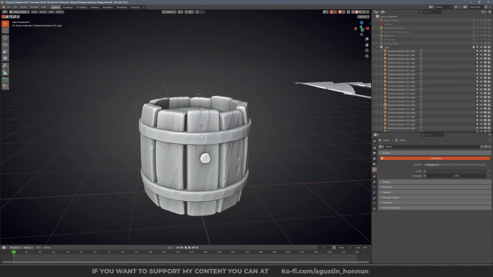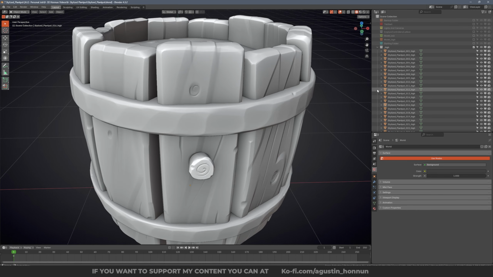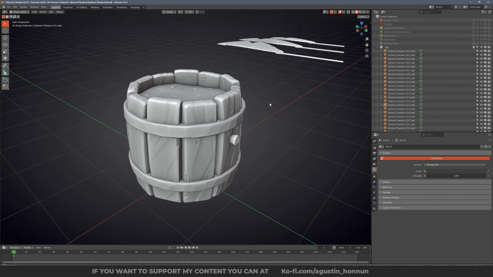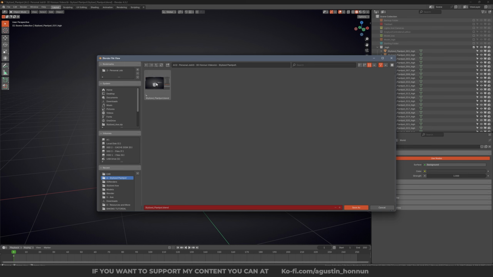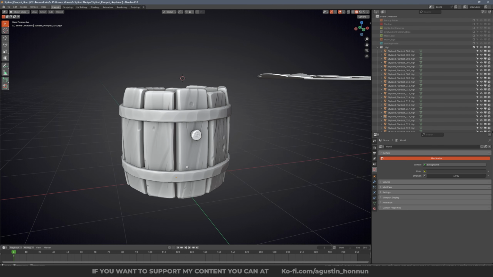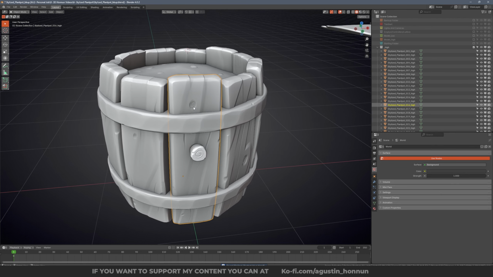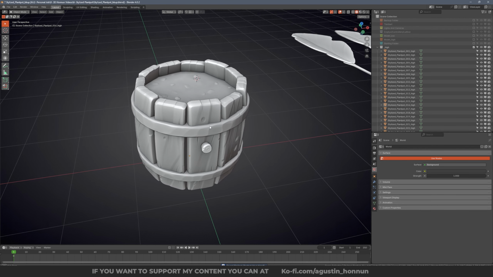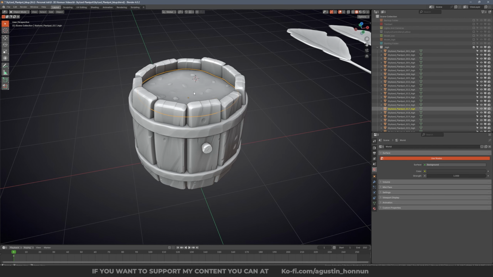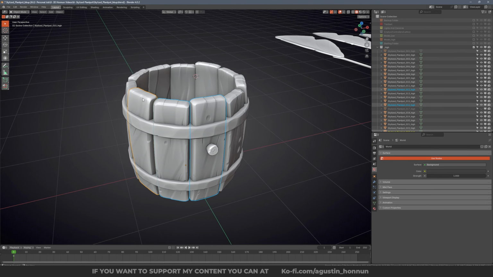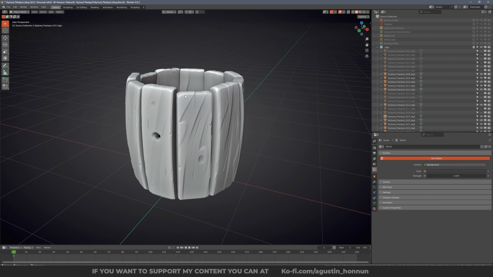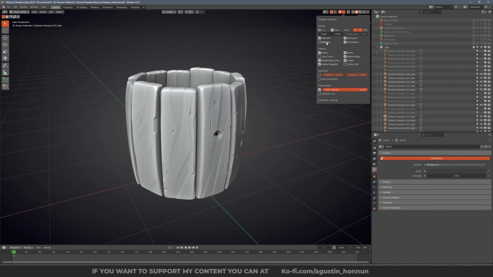Okay, so now for the optimization process. This is not the optimization for the low poly, just for the sculpture. We need to first save this as a copy. We can save this as backup, or something like that. And now we need to select one of the most dense objects in this scene. For example, the planks are the most dense objects here. As you can see, we have almost